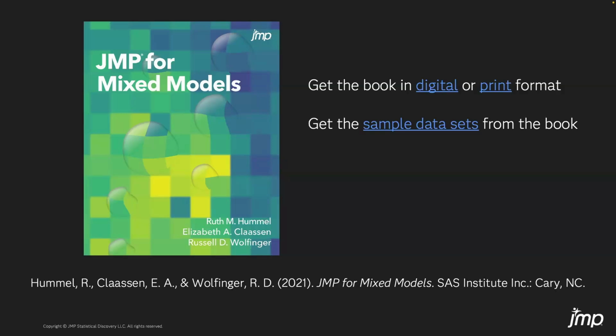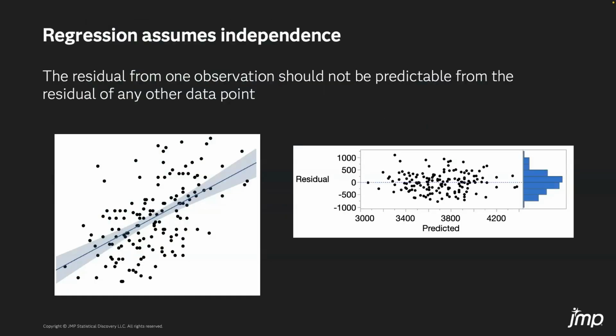Now then, let's talk about mixed models and handling non-independence in your data. And first, we're just going to start out by reviewing what the assumption of independence in a regression model actually is or means. So I've put in what I'm hoping is very plain, non-technical language at the top what the assumption of independence states, and that is that in a regression, like we have on the left side of the screen there, the residual from any one observation should not be predictable or even partially predictable from the residual of